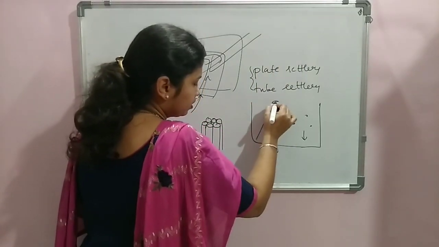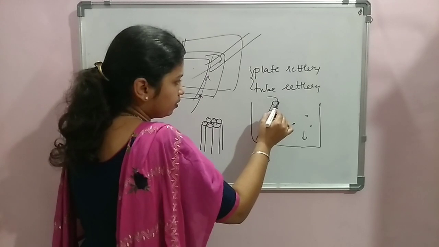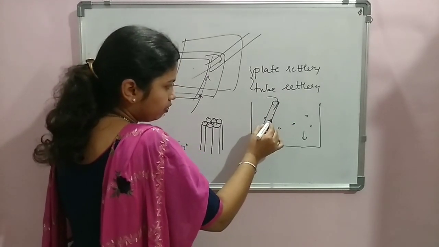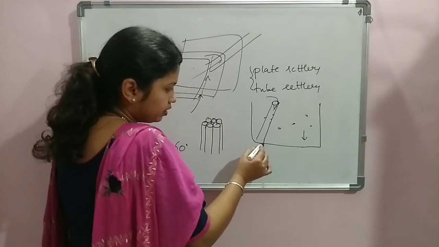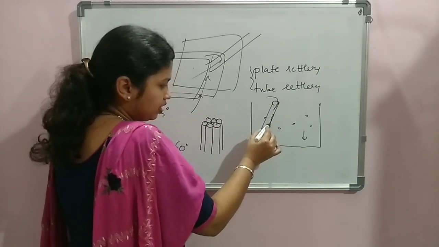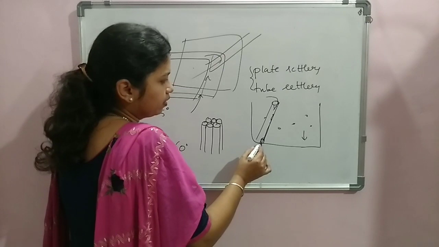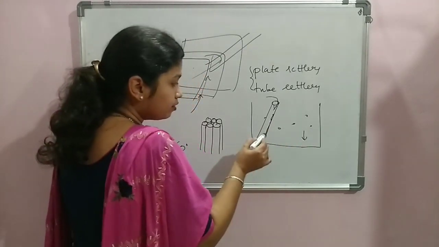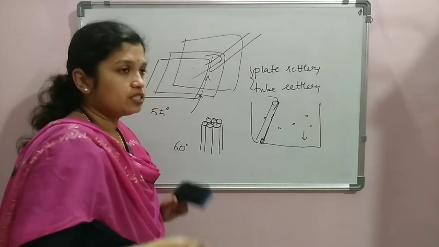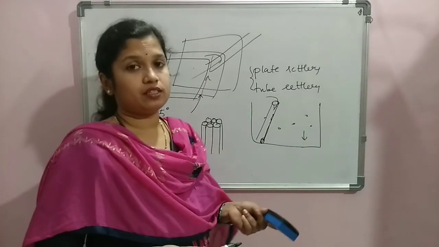Here we can see, water enters here. Particles try to settle down here itself since the tube is slanting. Because of the gravitational pull, they just slide down and settle here. If it were normal, the mechanism would be like this. Now, because of the presence of the tube, the process of sedimentation has many advantages,